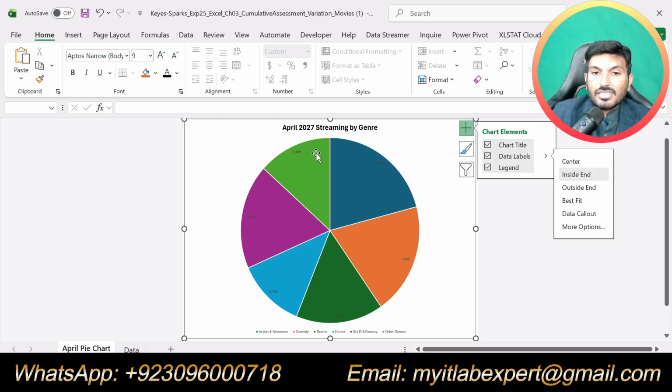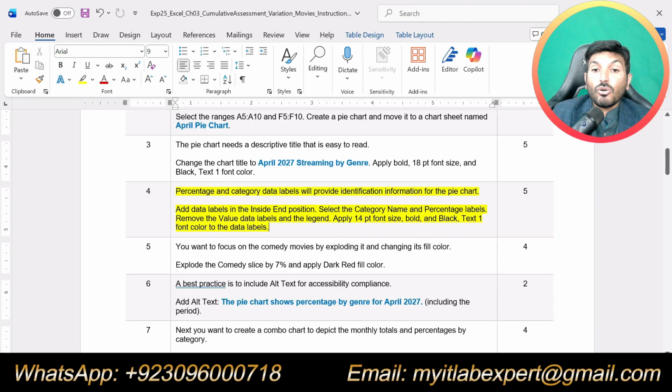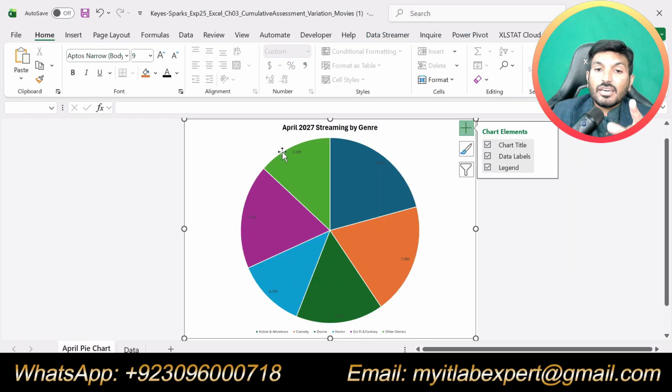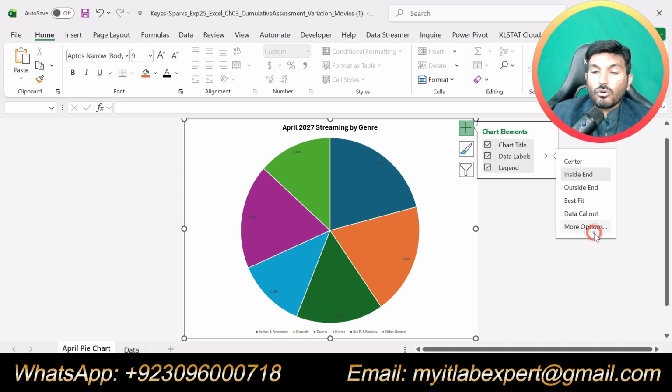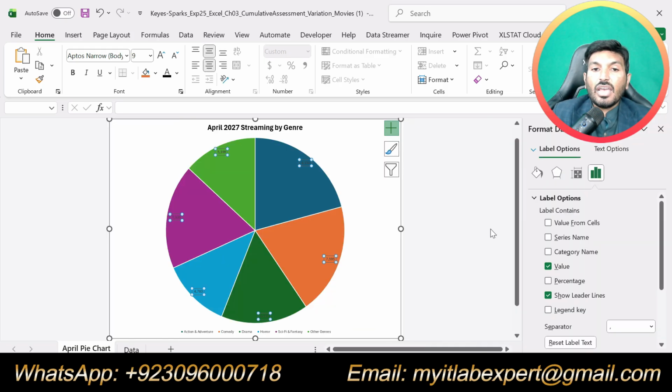So now you can see the data labels in the inside end position, but we are supposed to add the category name and the percentages in the labels rather than the values. So for this, again go to more options. So now we have the format data labels task pane.